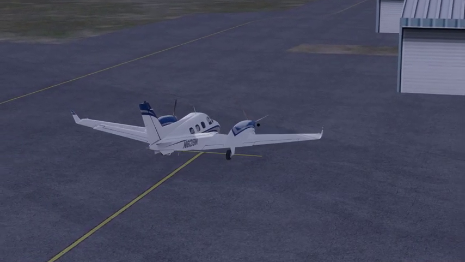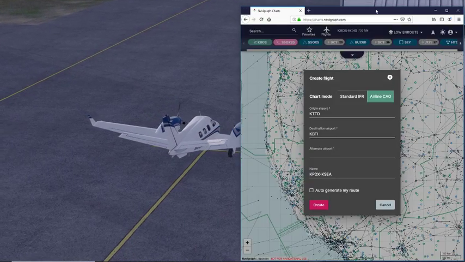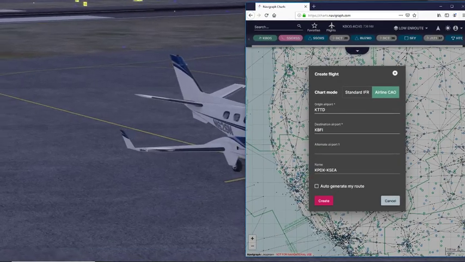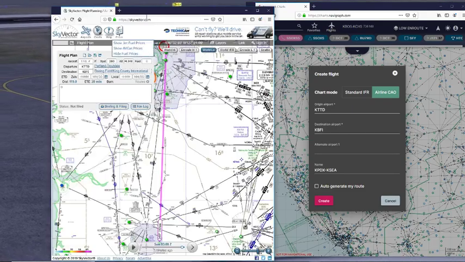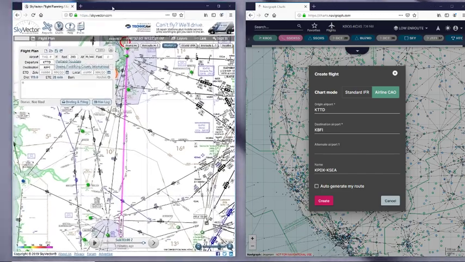And at the same time, I want to do something that we talked about doing last night, and that is I want to compare flight planning a little bit here. Since the flight's not going to be that long, I thought maybe we could take just a couple of minutes